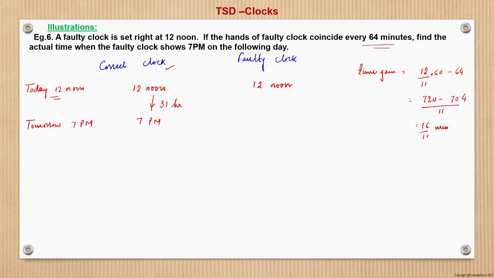31 hours difference. However, this clock will not be showing the 7 p.m. This would have gained something because it is gaining. Now, what is the rate of gain? Rate of gain is that in 64 minutes, gain is 16 by 11 minutes. So in 31 hours,